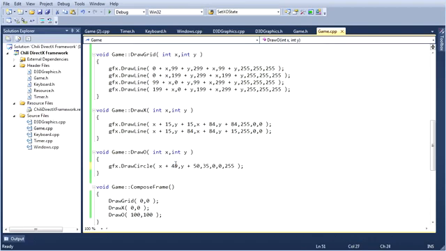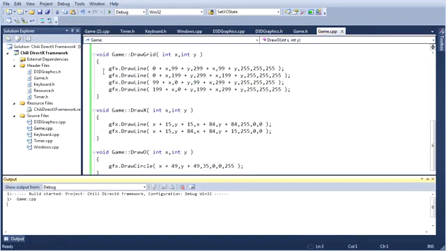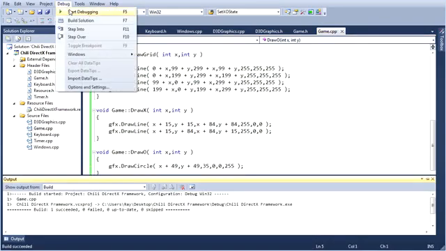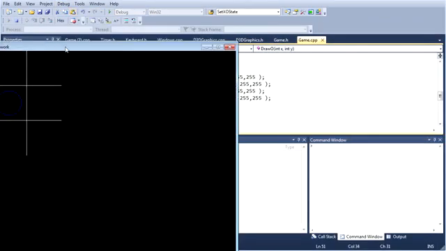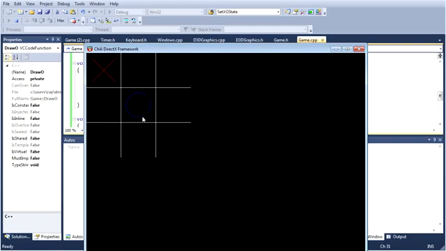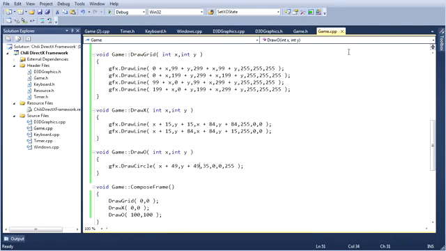It's my OCD kicking in here, pay it no heed. Let's try that again. I meant to do start debugging. That O looks a little more centered now. That looks better for me. I'm happy with this. So now we can draw our X's and we can draw our O's. Alright, so we got our basic functions now to draw